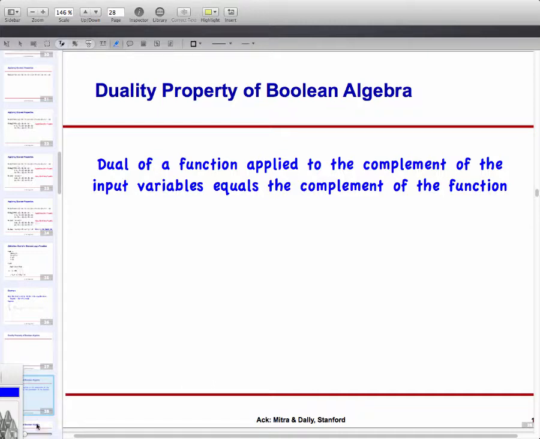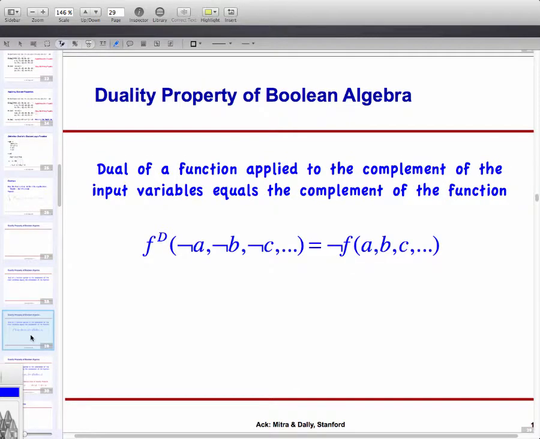So what it means is the following. It's basically saying if f_d is a dual function, then f_d done over all the negated inputs is the same as the negation of my original function. Okay, so now